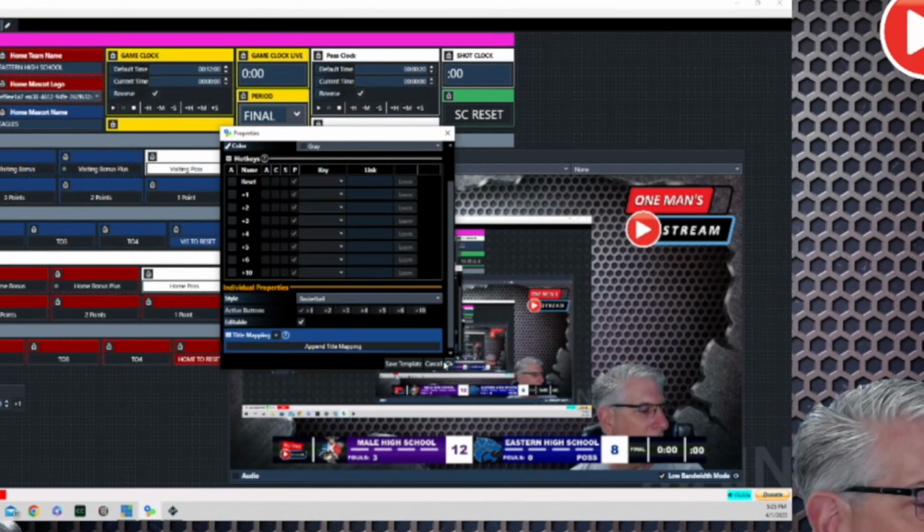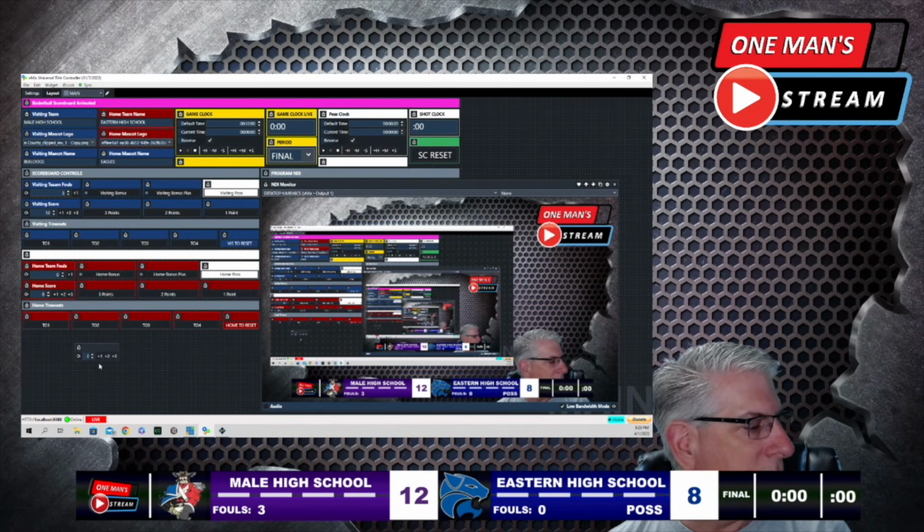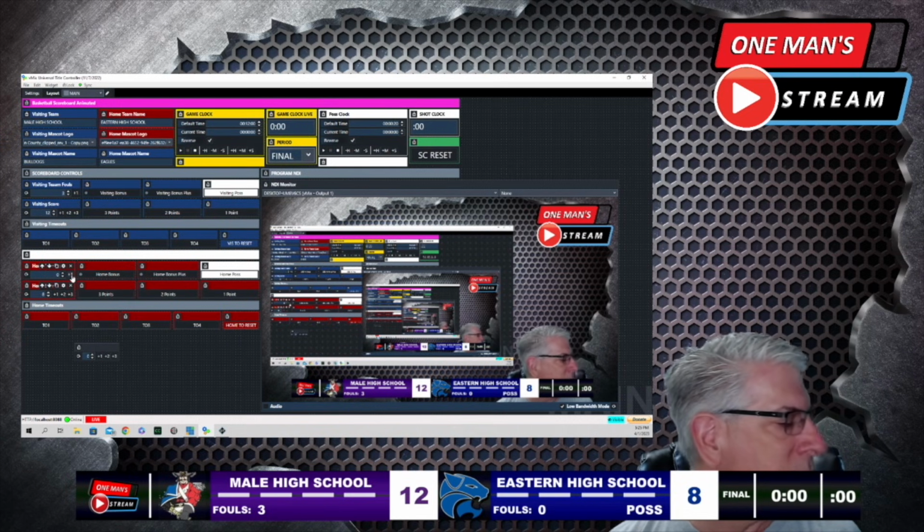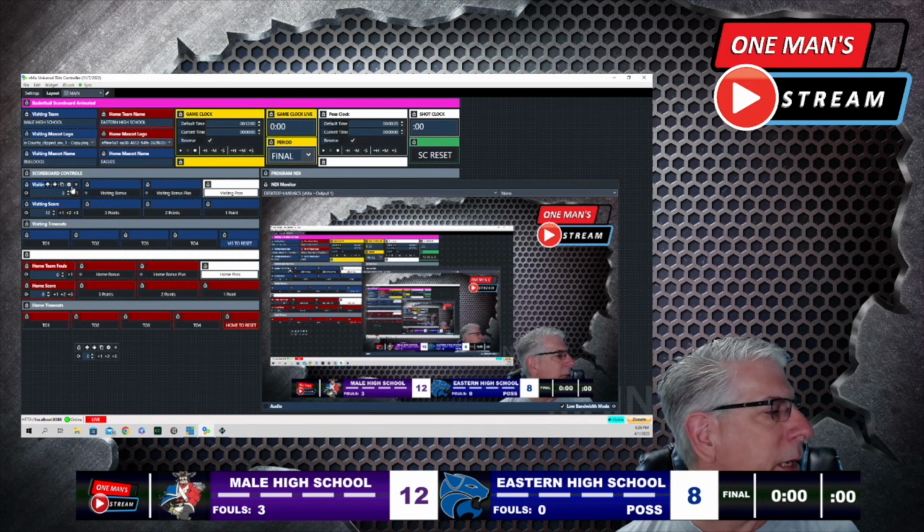When I click on basketball and click OK, you can see that the numbers that come in are 1, 2, and 3, and those are the numbers primarily used in basketball. That's why on the score buttons, I have 1, 2, 3 on visiting team score, and I have 1, 2, 3 on home team score. When we're adding the fouls, we don't need to have the 2 and the 3 because we're just adding one foul at a time. So all I did on the fouls